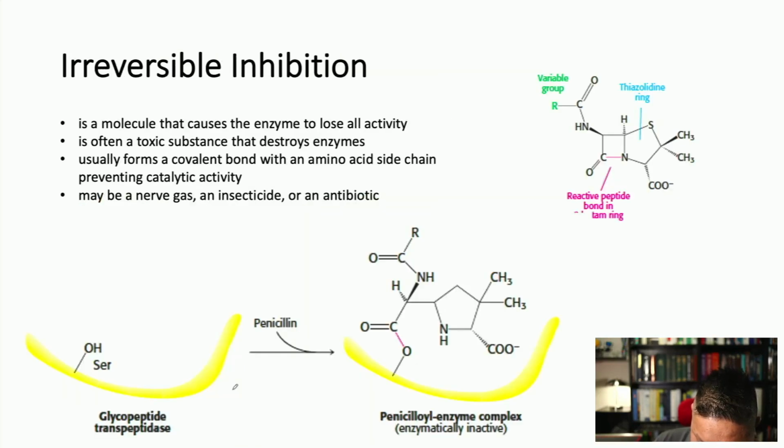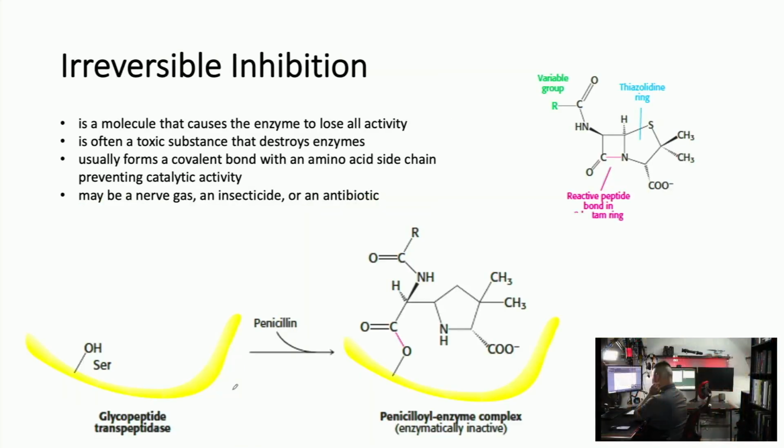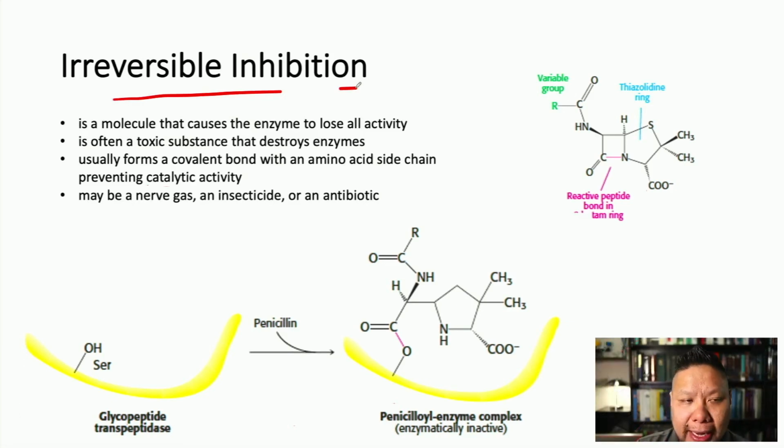And then we have one very last type of inhibition, and this is irreversible inhibition, right? This is the kind of inhibition that can't be reversed. It's when a substrate attaches to the active site, or it doesn't have to be the active site, but attaches to the enzyme permanently with a covalent bond, right? And the enzyme can no longer be active because it actively destroys the enzyme, right?